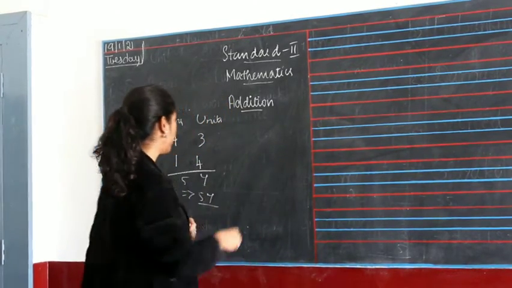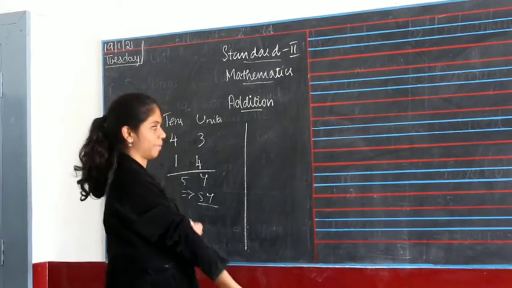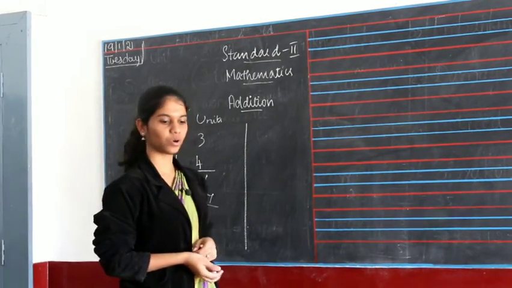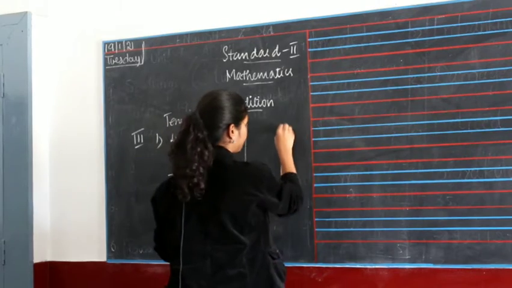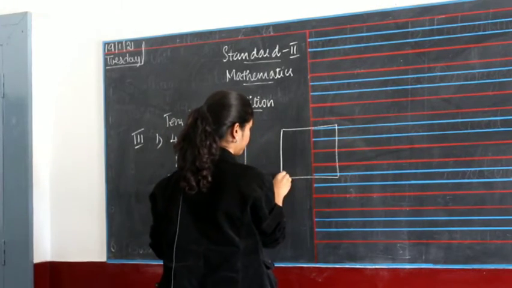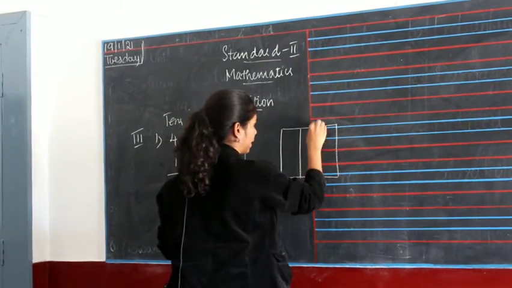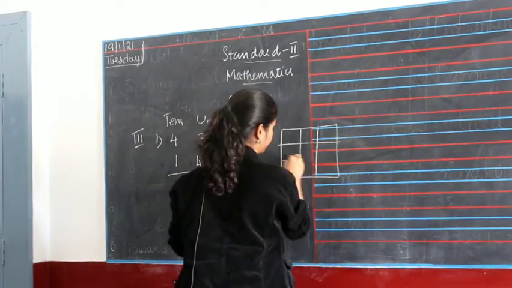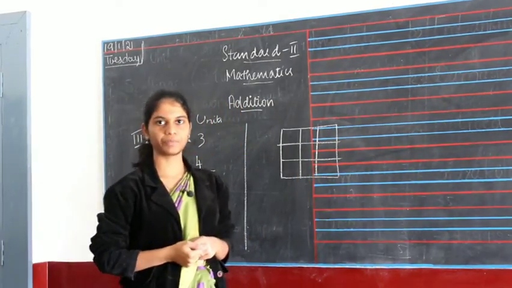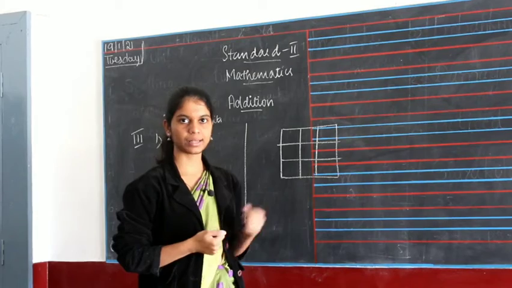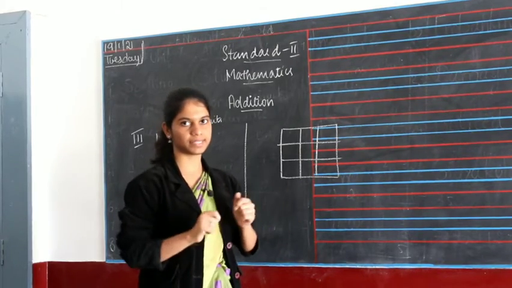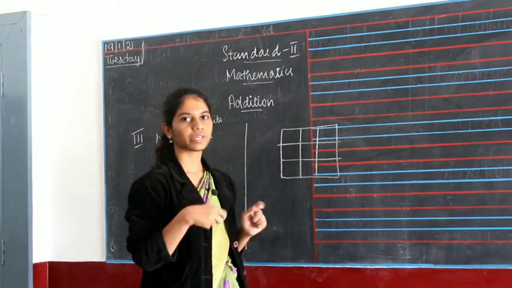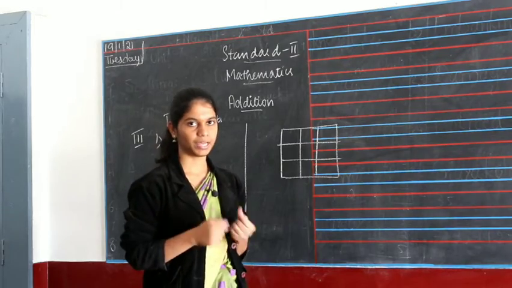So now we are moving on to the next topic, which is magical box. Okay, have you heard of this name, magical box? And what do you mean by magical box? So first one, a magical box is a box that has numbers in them. Okay, maybe 2, 3, whatever number they feel like having.